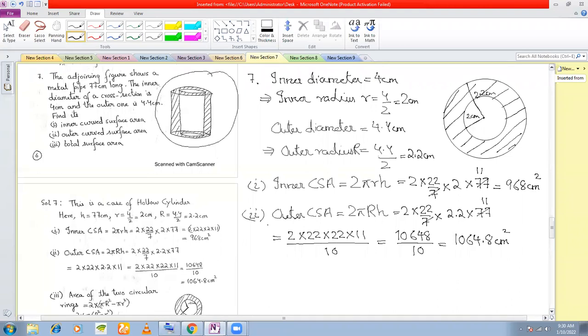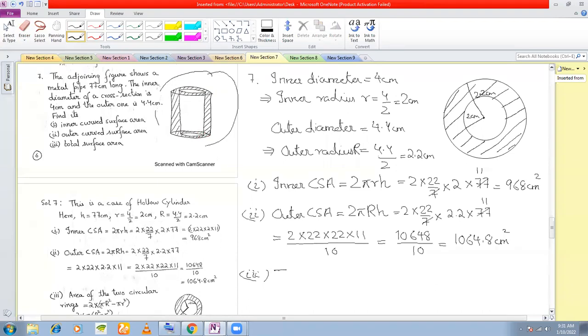Okay, the next question is the total surface area. Now, what is the total surface area? The total surface area is, because it is a hollow cylinder, it will be the outer curved surface area, plus because you can see the cavity inside, it will be the inner curved surface area also, plus the area of the two circular bases, these two. This circular base at the top and this circular base at the bottom, right? That means area of this ring that I have drawn multiplied by 2, because one ring you have at the top and the other ring you have below, right?